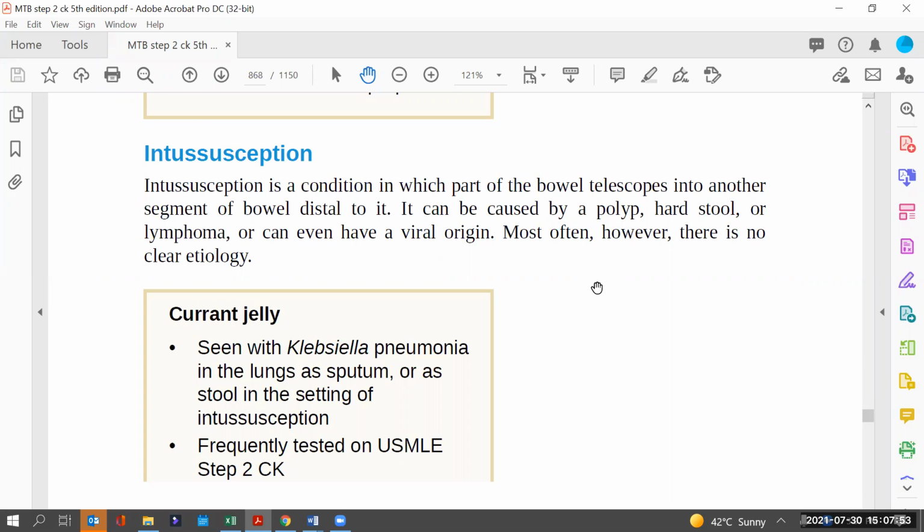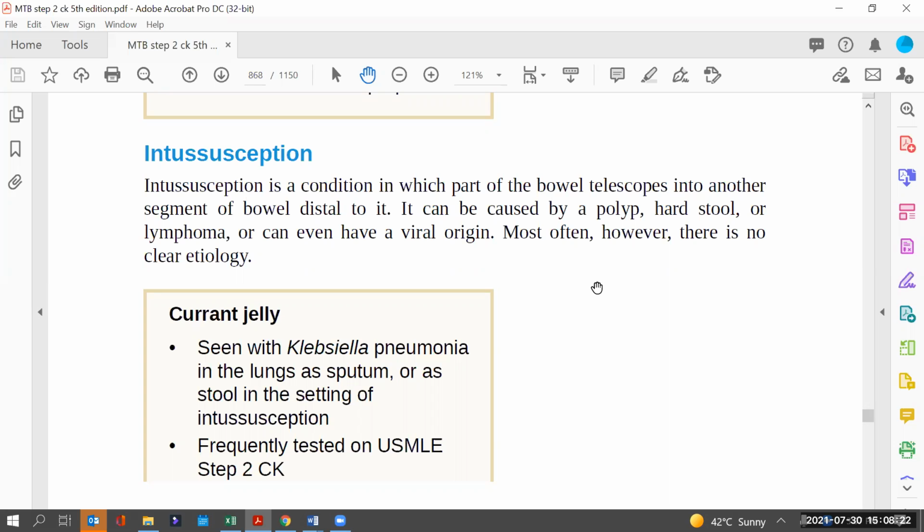Most often, however, there is no clear etiology. So exactly we don't know why it is happening, maybe it is idiopathic, but some of the bowel is going to telescope into another segment. You know the exact physiology of a telescope, right? When you open a telescope, it becomes longer and longer, and once you stack all the parts of the telescope, it's going to be very short. So just the same thing is happening in the bowel sometimes,